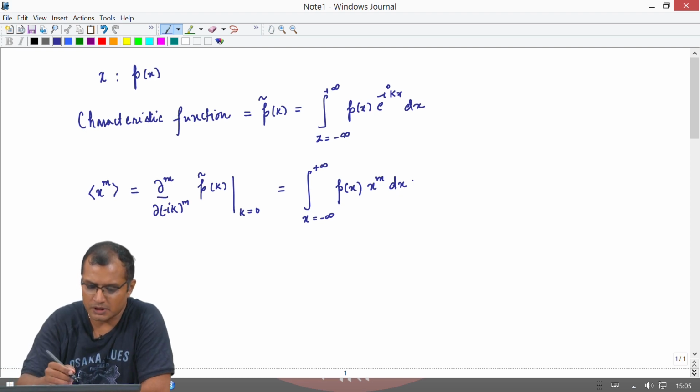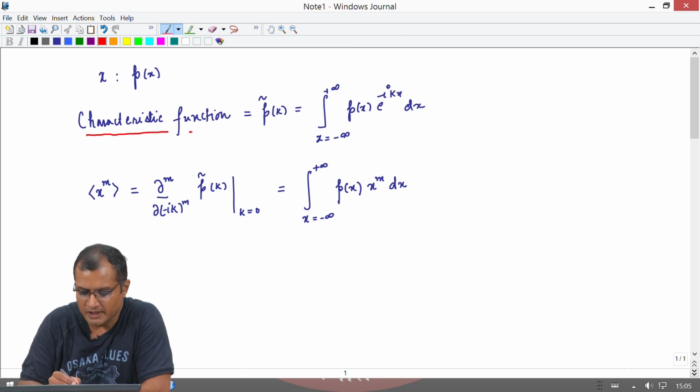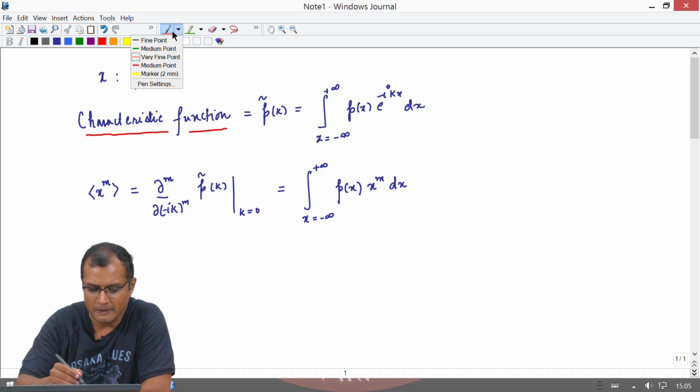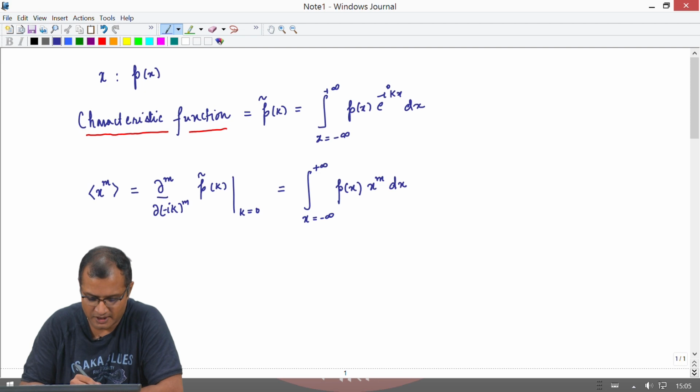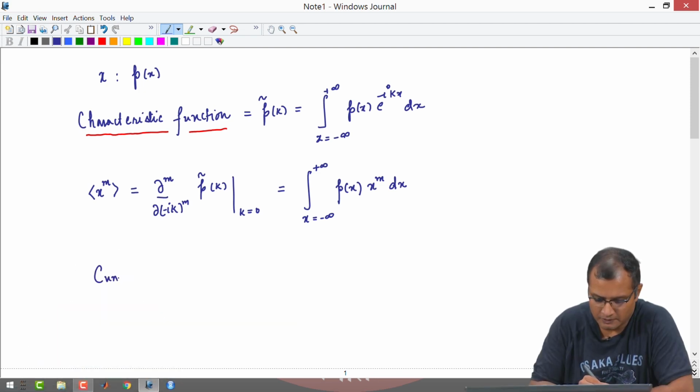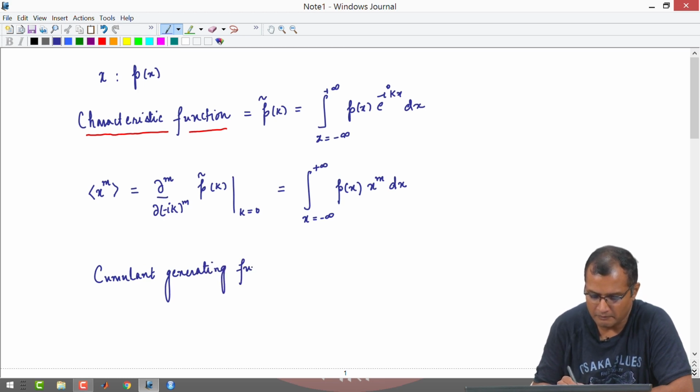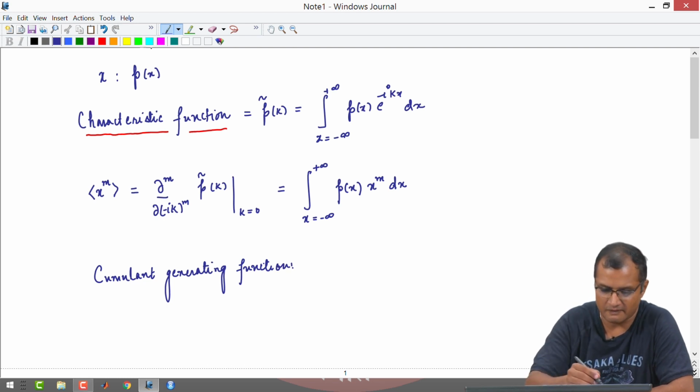And then we also computed the cumulant generating function, which is nothing but the logarithm of the characteristic function, and this is given as